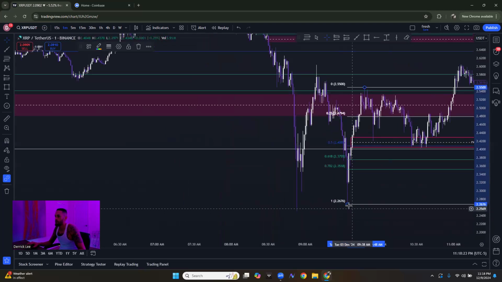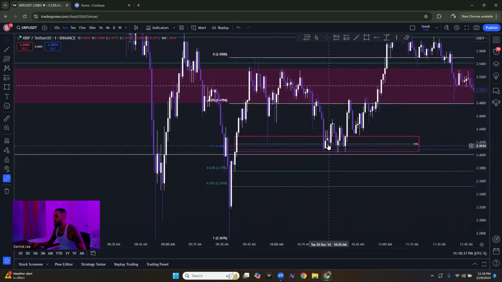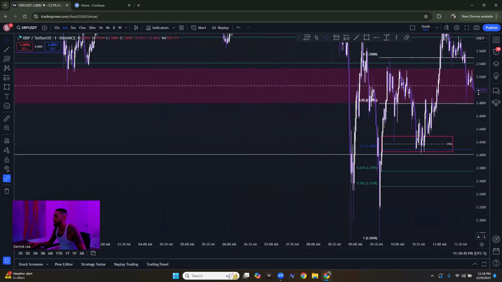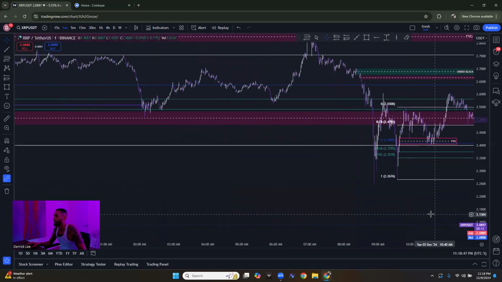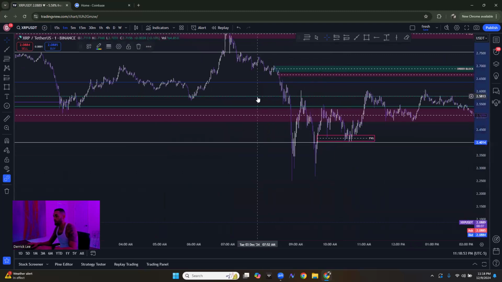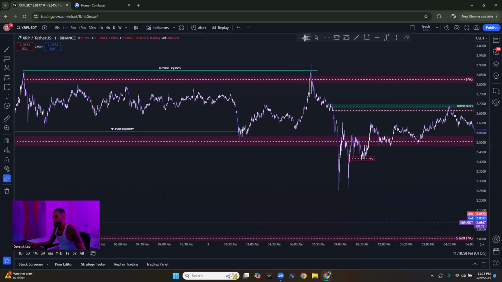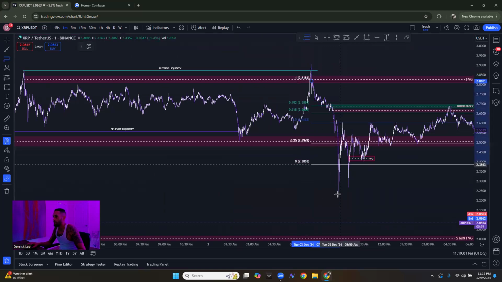from this low to this high, we have a fair value gap right here, right at 50%. Like I said, you want to buy at a discount. So I think it's no coincidence that price came exactly to 50% before it rallied higher. Then from this high to this low,